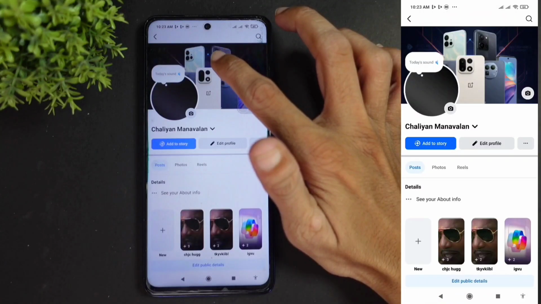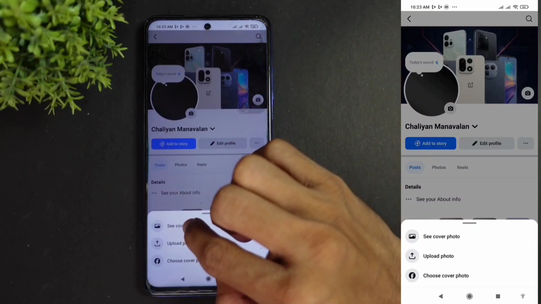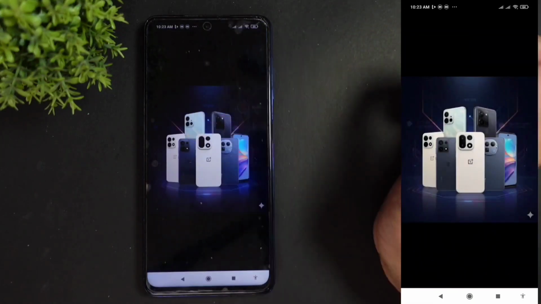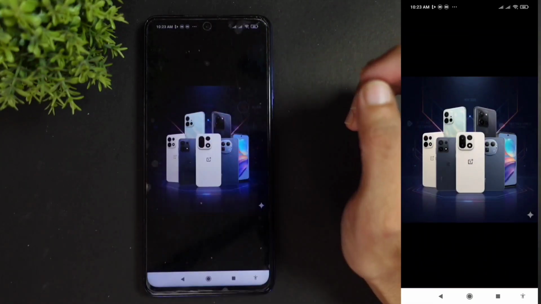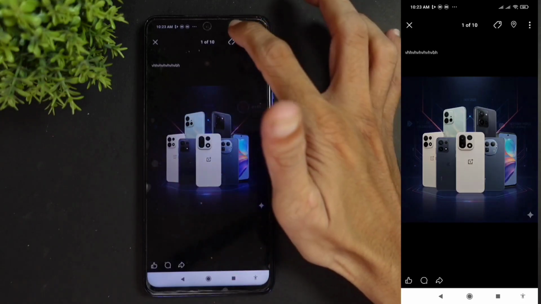When you're clicking on that, here you can see your cover photo. Click on this cover photo, and here you can see see cover photo. Click on see cover photo. When you're clicking on that, you can see your cover photo, and if you want to tag anyone, click somewhere,